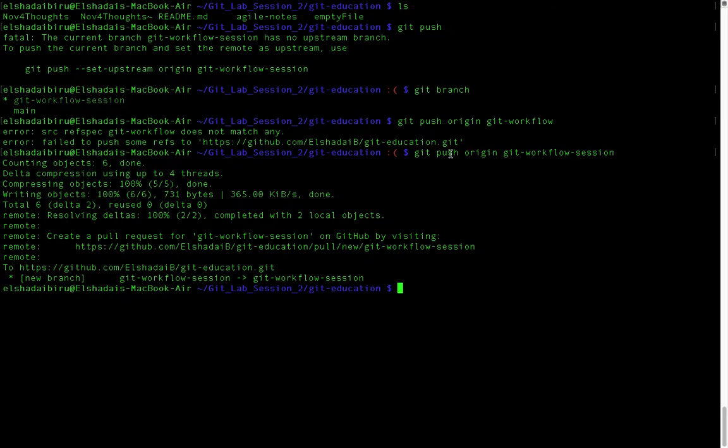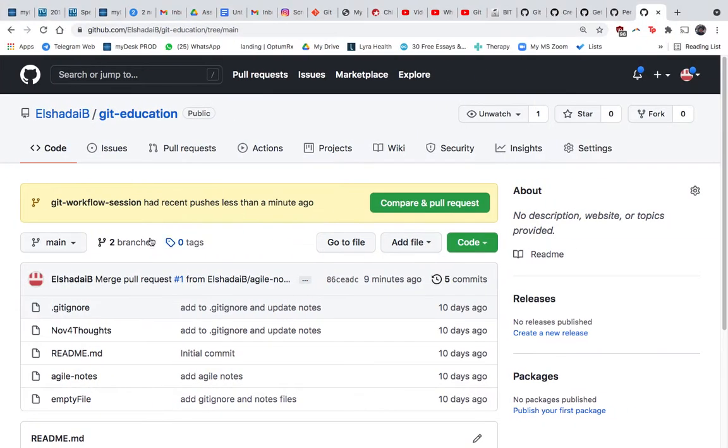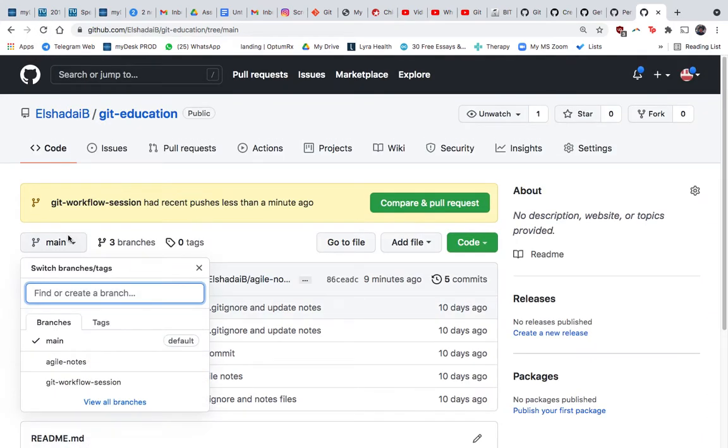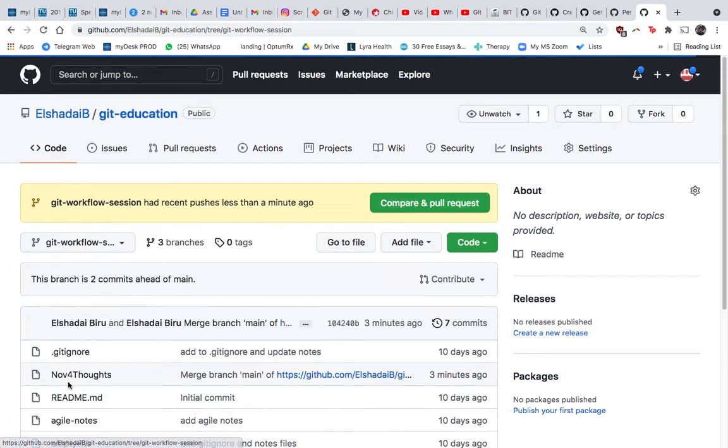Yeah, so it pushed this branch, git workflow session, to the origin, and now it gives me a nice link that will allow me to create a pull request. I can copy this link and create a pull request easily. But before I do that, let's just refresh this and confirm that now there's a new